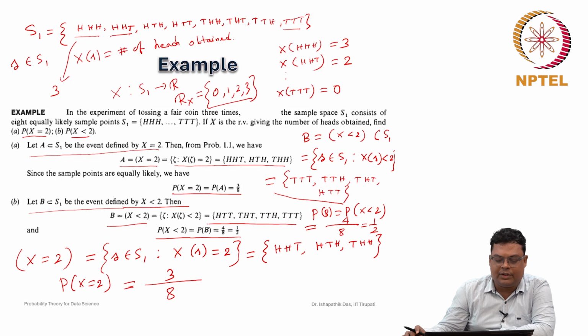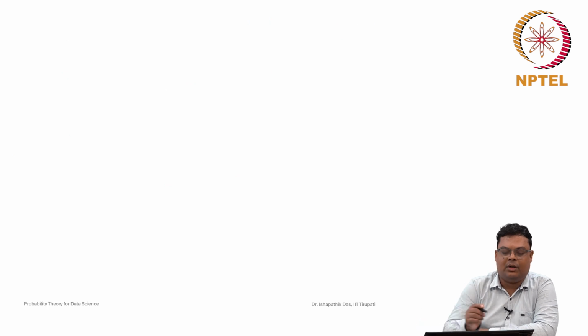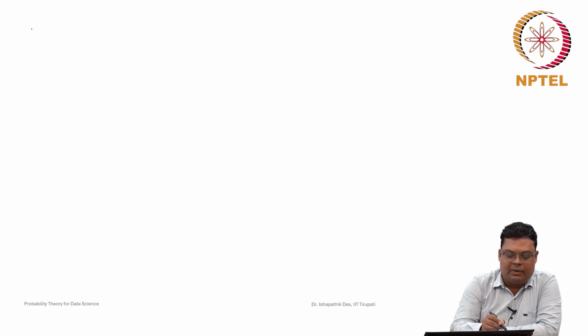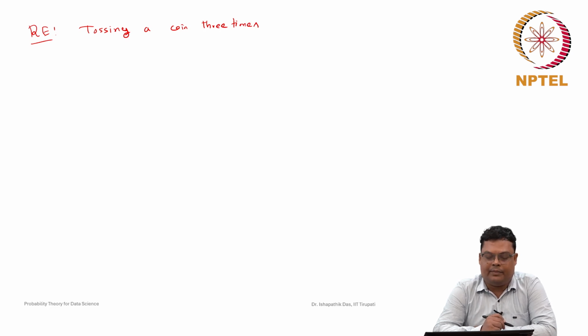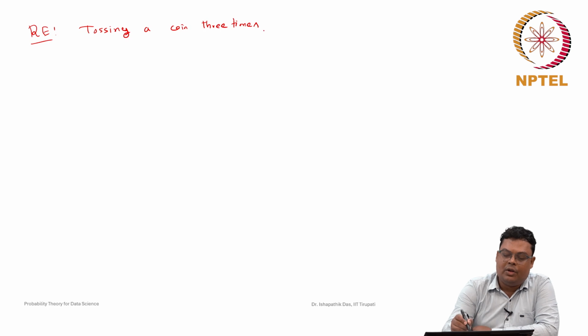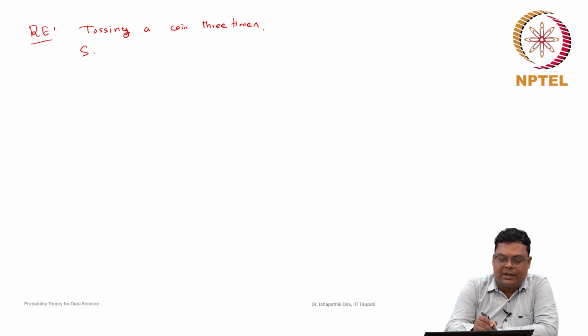Okay. So let us consider this example, tossing a coin 3 times. Then we will find the cumulative distribution function. So let us consider the random experiment, tossing a coin. Whenever we do not mention whether the coin is biased or what the probability of head is, then we assume that this is an unbiased coin, or a fair coin.